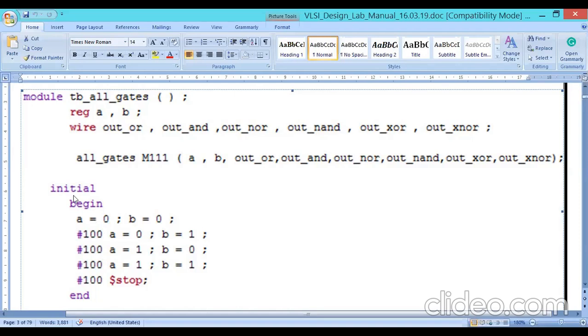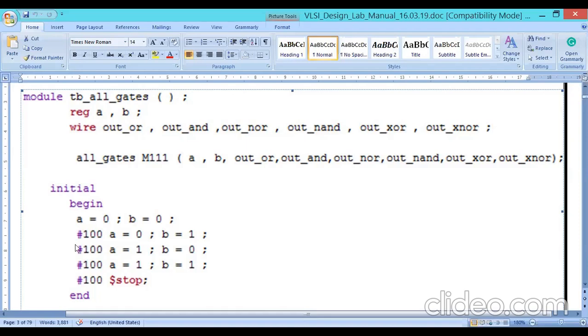Okay, so now what happens? A0, B0, immediately this statement, I mean the all_gates block, the design program. Actually, this design program is instantiated with A and B, and the variations of A and B will enter into the design. We are generating the stimulus and pumping A and B into this design. Because the name is A, immediately the hardware will update; the name itself is very important.